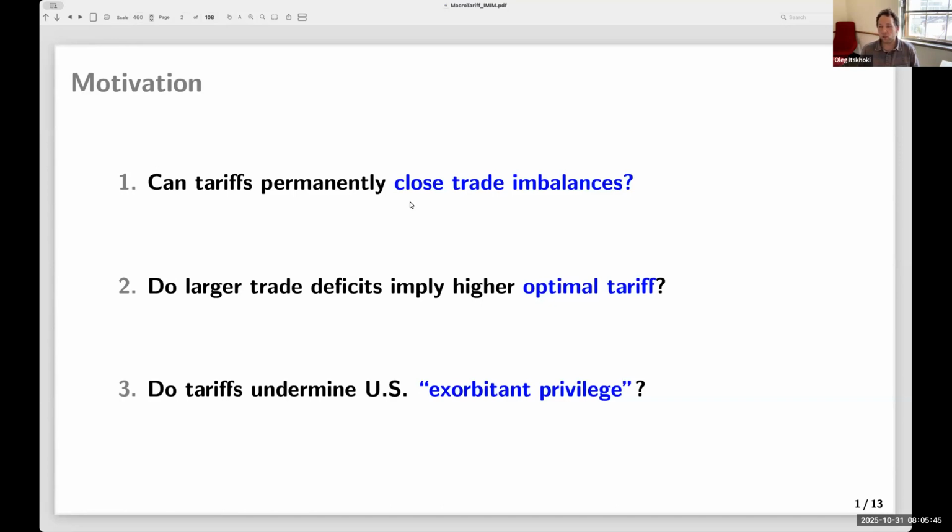And lastly, and also important given what we've seen in 2025 with this trade war: to what extent can it have implications for the so-called exorbitant privilege of the US? If the US can seemingly run this persistent trade deficit, perhaps there is this exorbitant privilege that allows it to sustain this trade deficit. Do tariffs interact with the extent of this exorbitant privilege? We're going to try to give partial answers to this question. Sometimes what we do will result in more questions than answers, but we're going to explore this territory.